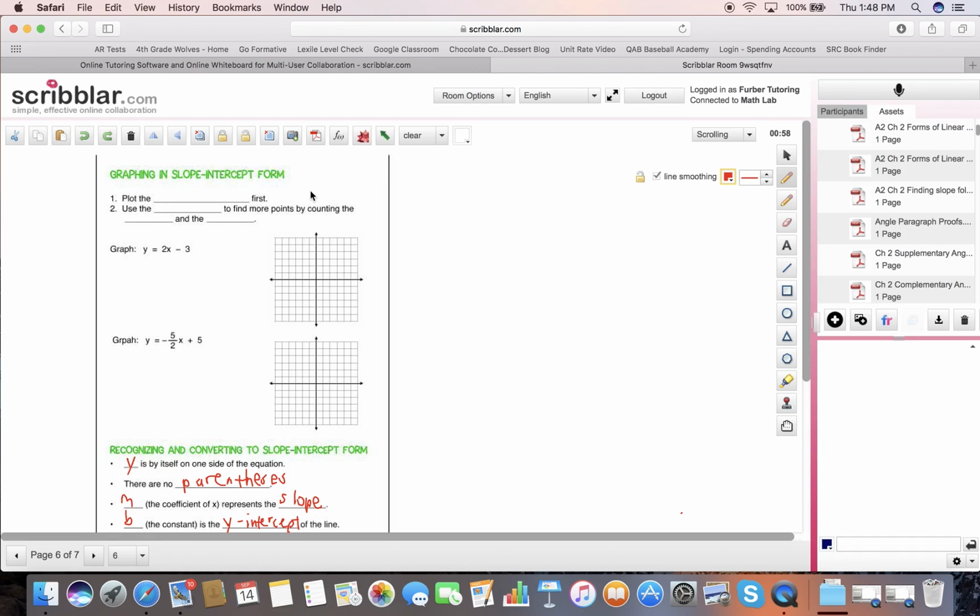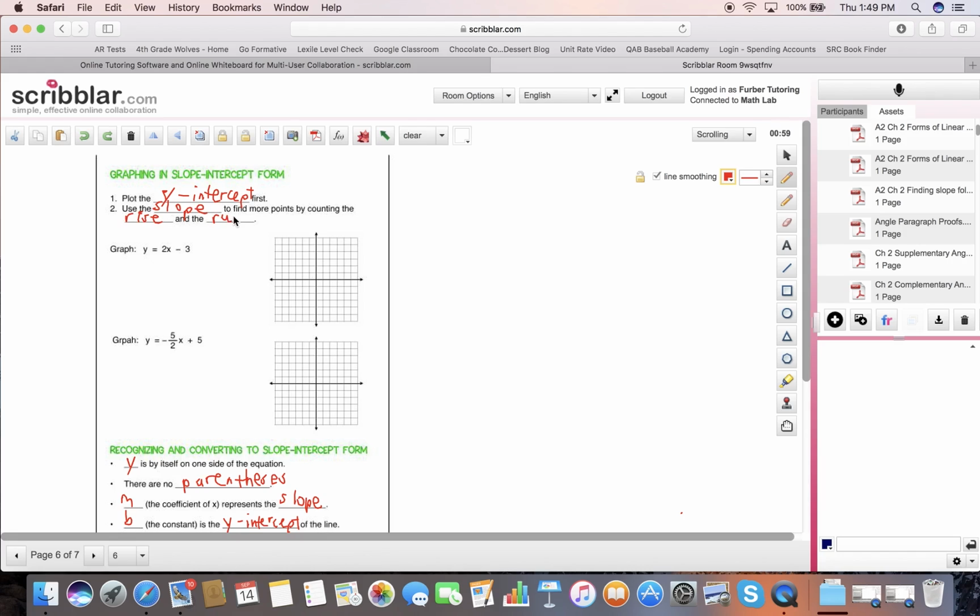We know the y-intercept, which is a point where the graph crosses the y-axis, and we know the slope, which we can always count by counting the rise and then the run, that we can get from one point to another. So we're going to plot the y-intercept first. Once we plot the y-intercept, we are then going to use the slope to find more points by counting the rise